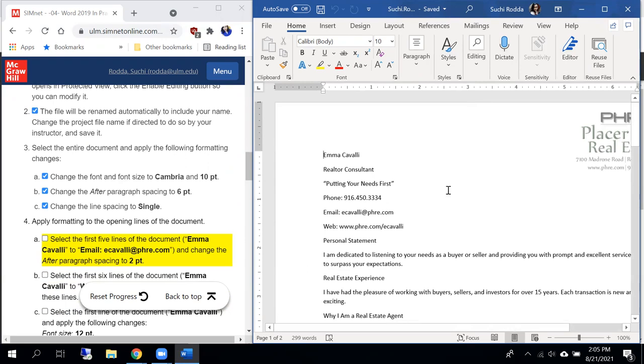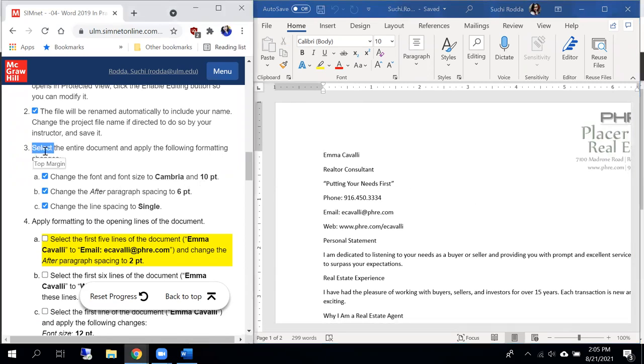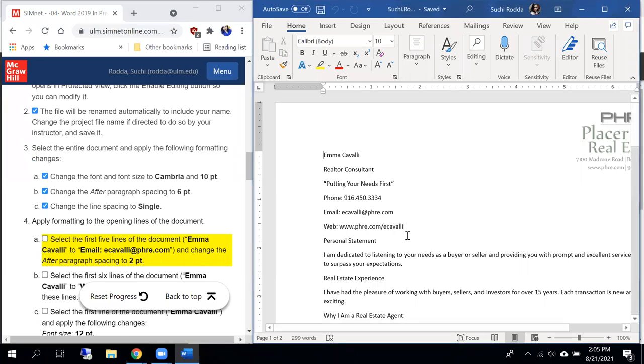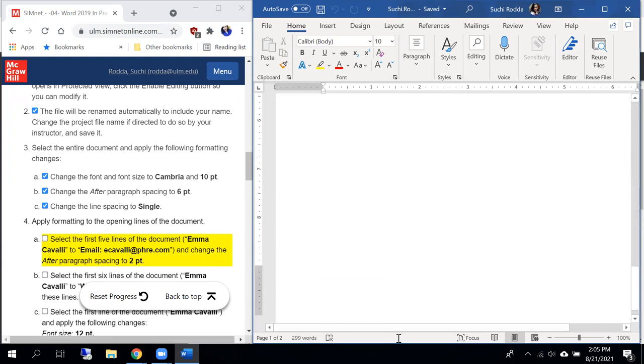Yes, please do not rename your file, keep the name. Done. Third option, change the font size to Cambria 10 point, and it says select the entire document. Select the entire document by pressing Control A or by just dragging and dropping everything. Two options,